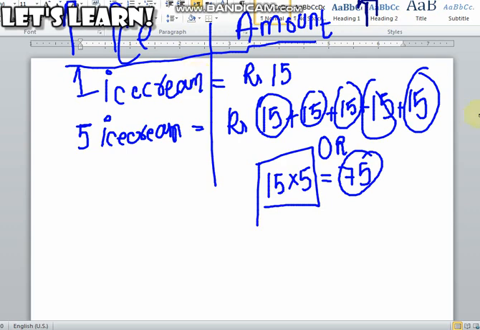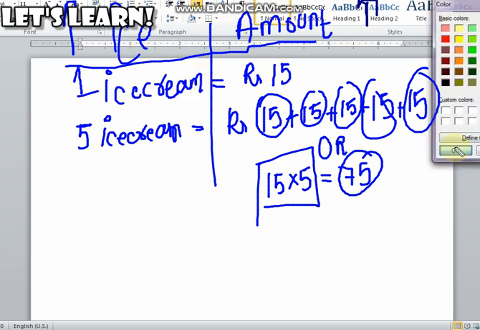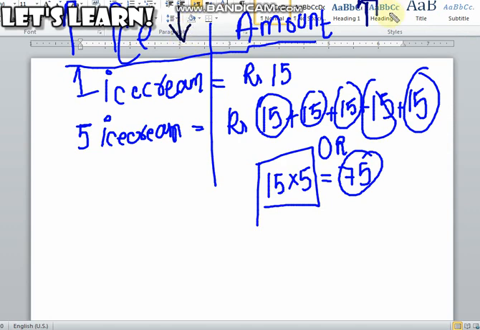If the number of ice creams decreases, the amount we have to pay also decreases. So there is a connection between these two things, which is a direct proportion connection. So what I'll do is represent this ice cream with an unknown variable, any letter from A to Z. Because ice cream starts with the letter I, I will represent it by I. As the amount starts with the letter A, I will represent the amount with A.